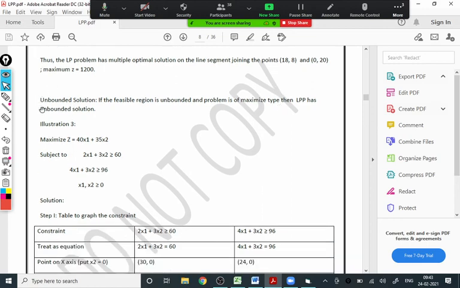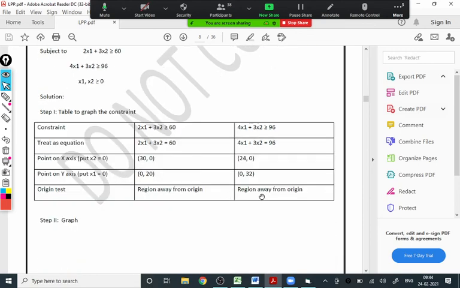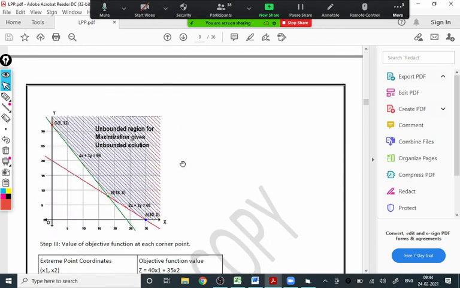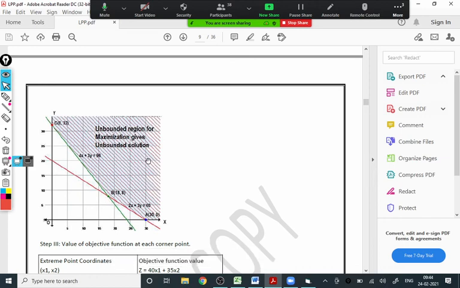Third case is an unbounded solution. Now what happens? This is the case only when we have to maximize something, and constraints are greater than type, meaning the region is away from origin. So when you plot these lines, this is the feasible region. The feasible region is this one, the outer side. This is an unbounded region, an infinite region, and we have to maximize z. It is not possible because when we move away from origin, you get a better value of z, and there is no end to the region. So there is a solution, but it is an unbounded solution.